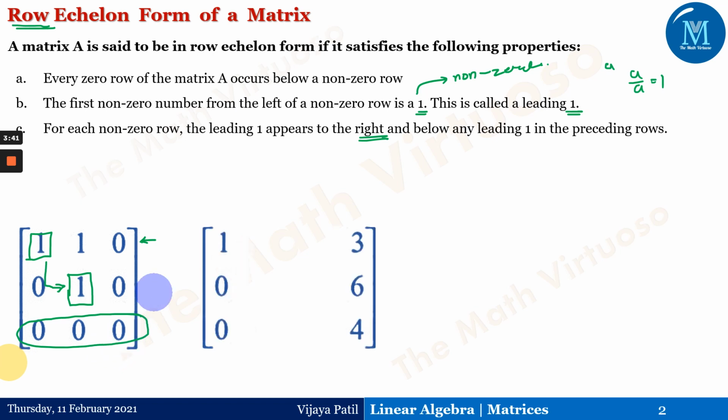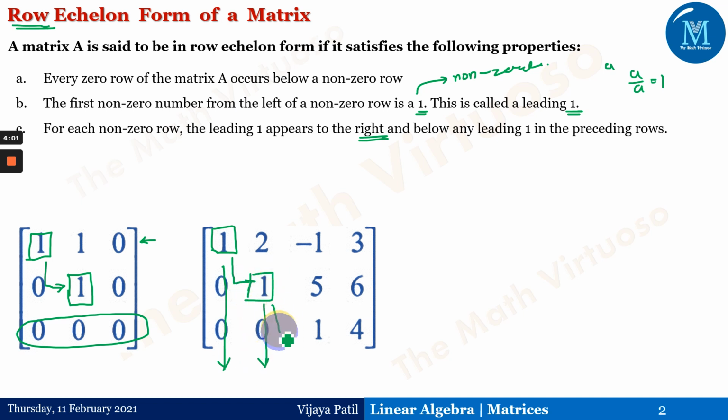Okay. Let me go through a different kind of example. This is the first non-zero element, or the leading one. Then below that has to be 0. Then the next non-zero row's leading one should appear towards the right of the previous, and below that again it's 0. Then moving to the next row, this is my leading one, and I'm not saying anything about these other elements. There is no restriction on these elements, whether they are 0, non-zero or negative, it doesn't matter.